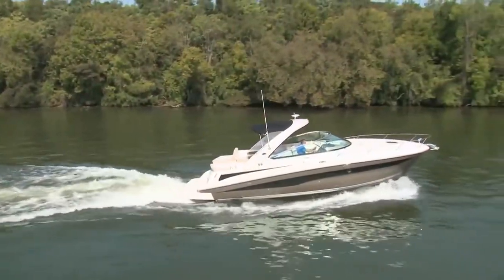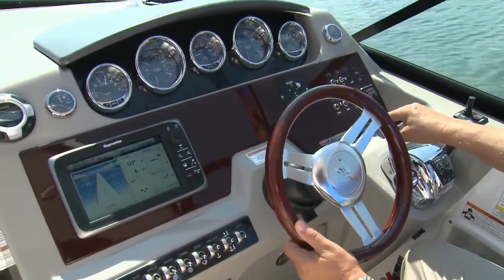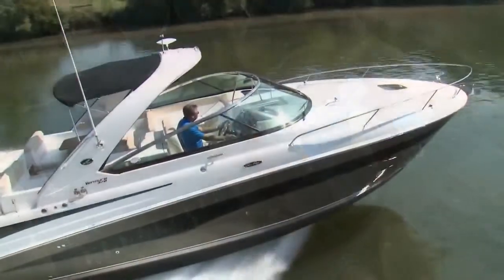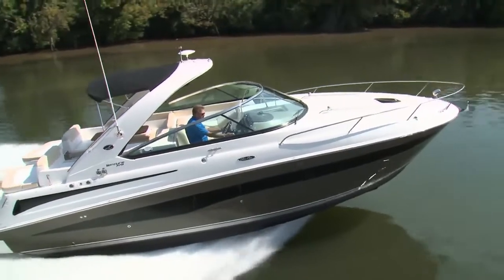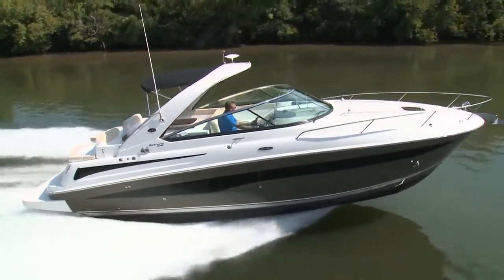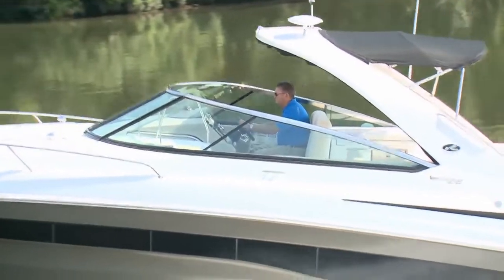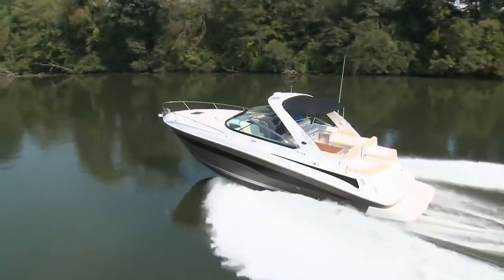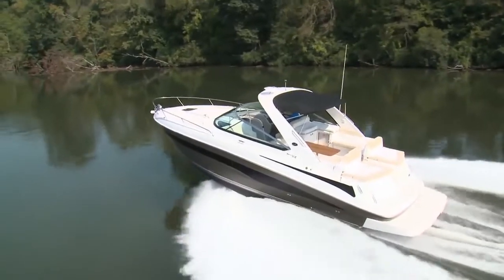Getting underway, the outboards spool up quickly, reaching a comfortable cruising speed just over 30 miles per hour in a little more than 12 seconds. Cruising along, the low sound levels were truly astounding. Sea Ray has done an excellent job of isolating the outboards under the solid gasketed hatches, but there's more at play. The 370 is manufactured to Sea Ray's quiet ride specifications that employs a host of techniques to silence noise